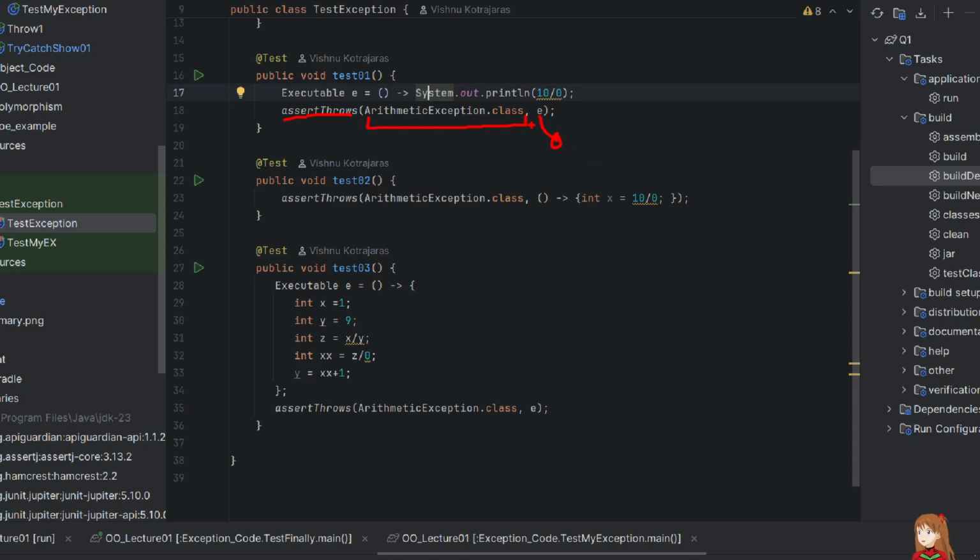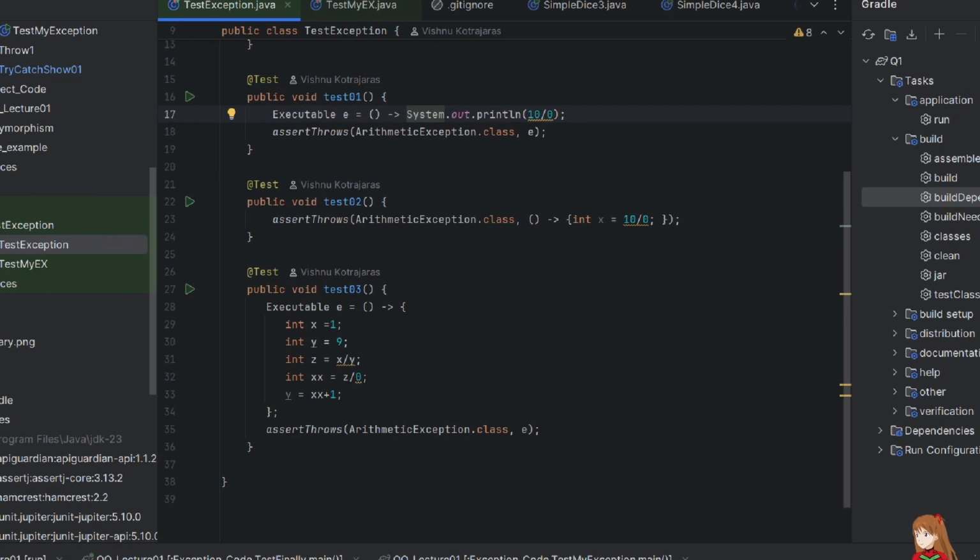In this case, what we use as the second argument is of type Executable. And in the code, we specify it this way, meaning the execution runs this sentence. And so if an exception gets thrown out of the execution, then